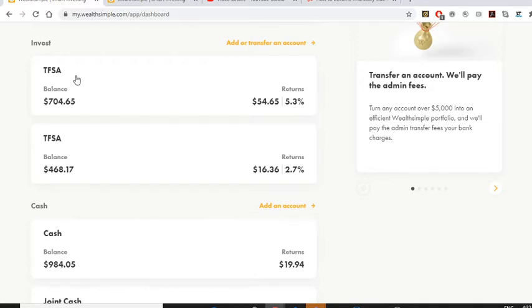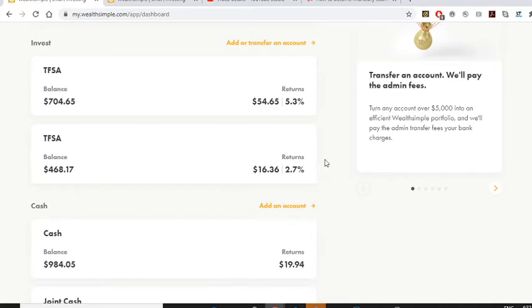So here I have a TFSA account. Here I have another TFSA account. Now these two are investment savings accounts, so they're being invested into stocks. They're not just sitting there. I've already had a 5.3% return on these stocks. Keep in mind, the market crashed because of COVID-19. So if the market had not crashed, I would have made more money. But from the Robo stocks that I have been doing, I get $54 in returns, and this one has given me